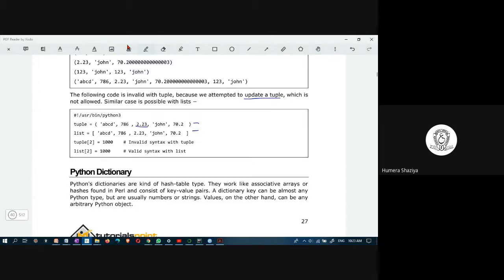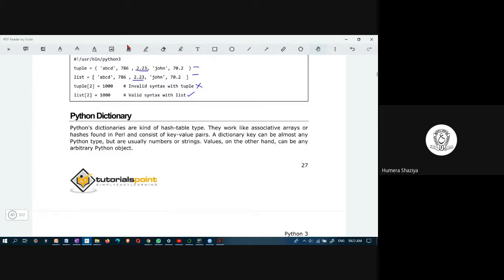From 2.23, you want to make it 1000. Tuple of 2 equal to 1000, this is not valid statement because tuples are immutable. Once you create, they become constant and they are read-only. Whereas a list allows it, and 2.23 is changed now to 1000. This is valid statement.